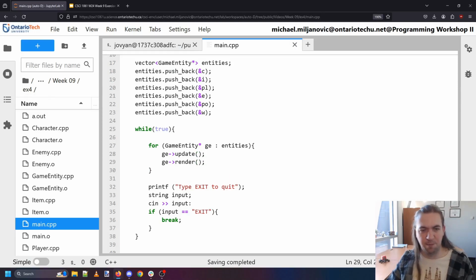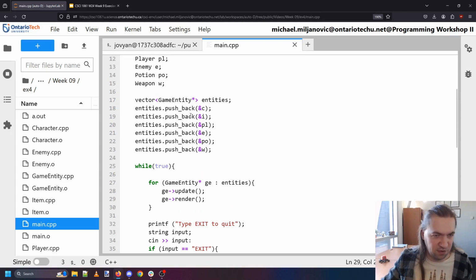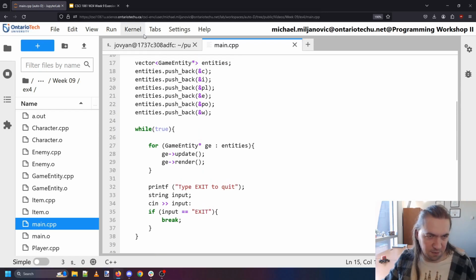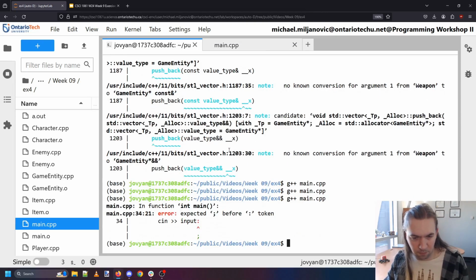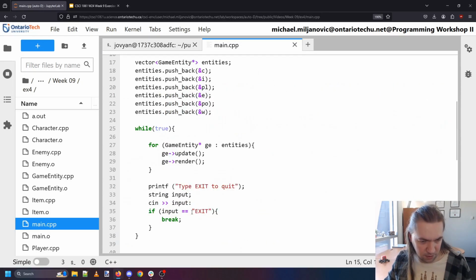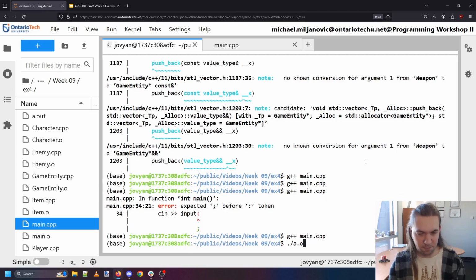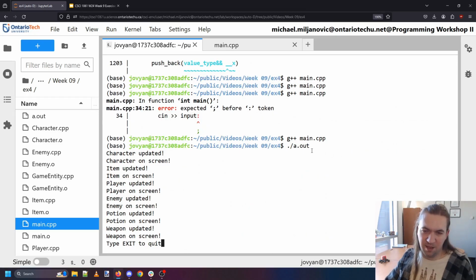Remember, GE is a game entity pointer, and it's going to point to each of my different things that I made. Now let's see if this goes. Oh, I missed a semicolon. I put a colon instead. Okay, seems to compile. Great, so when I send it in, notice that it updated and put on screen all